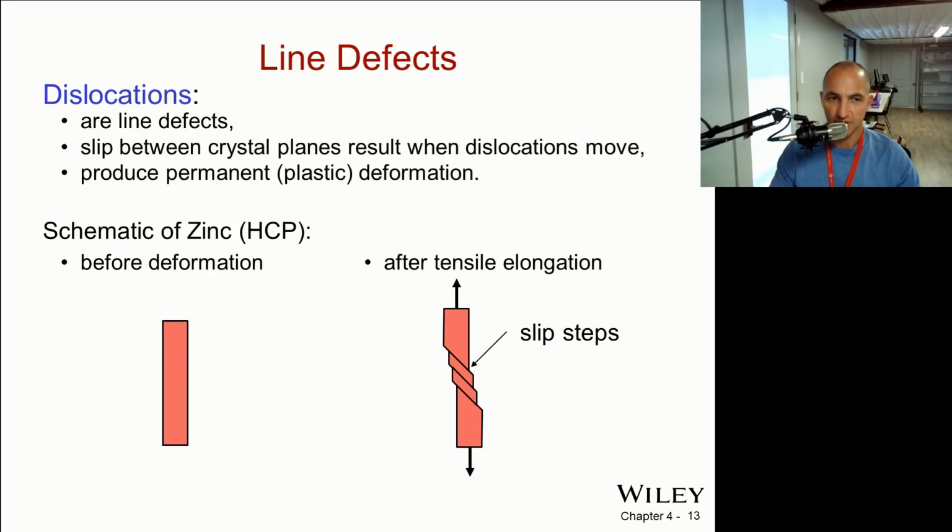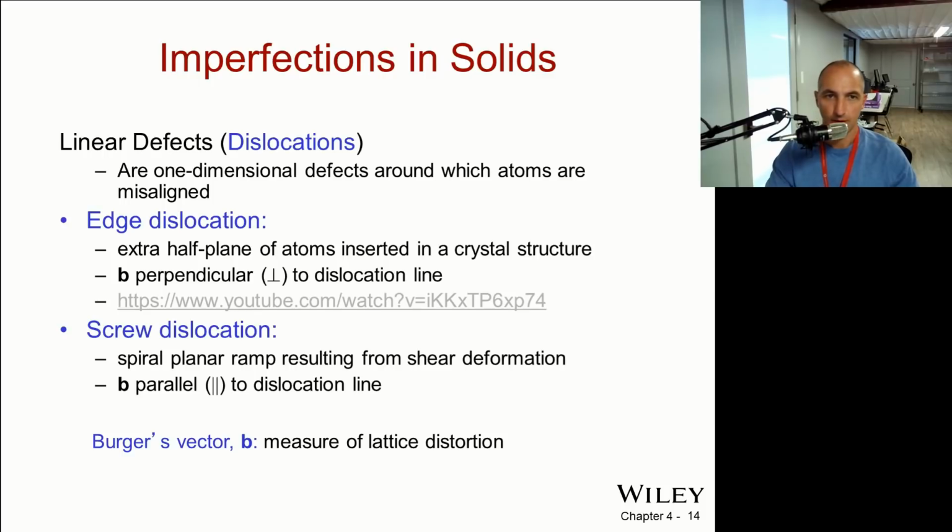Here's an example schematic of a single crystal of zinc, which is HCP, under deformation. After we elongate it as a tensile specimen, we see slip lines, and these are steps in the bar where dislocations